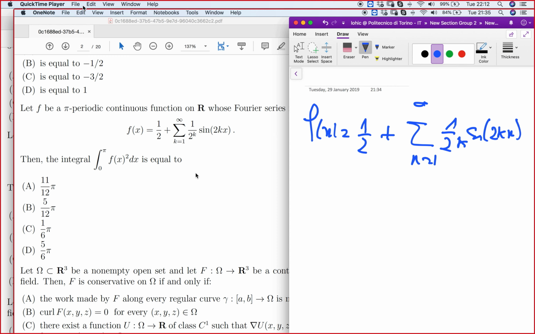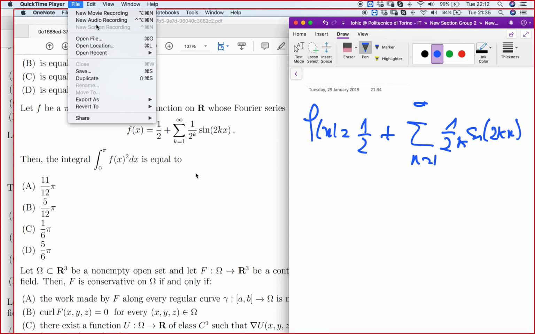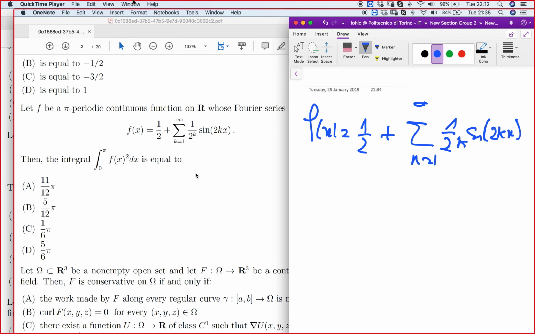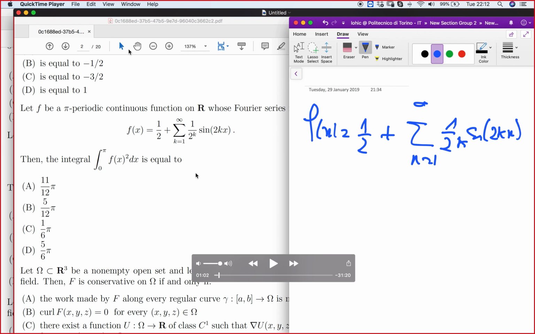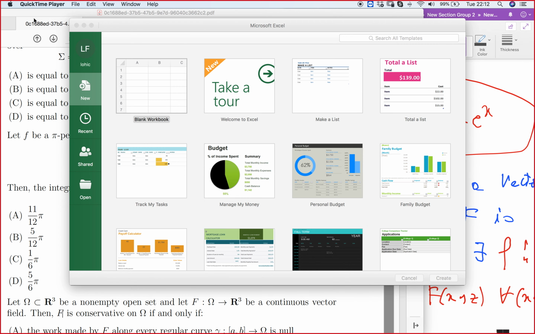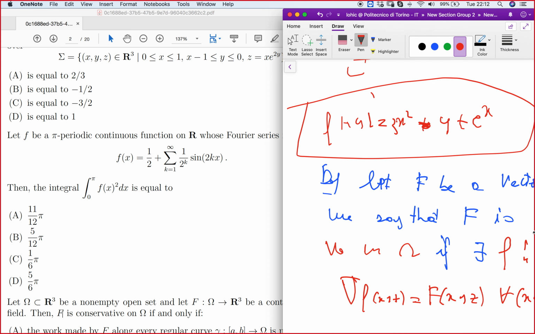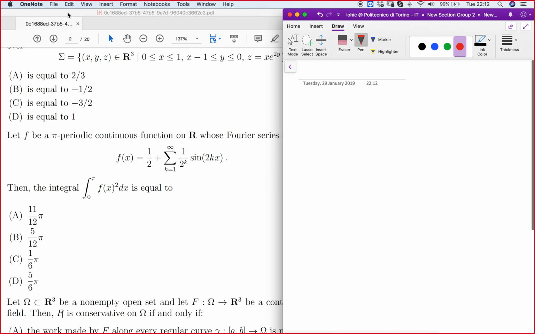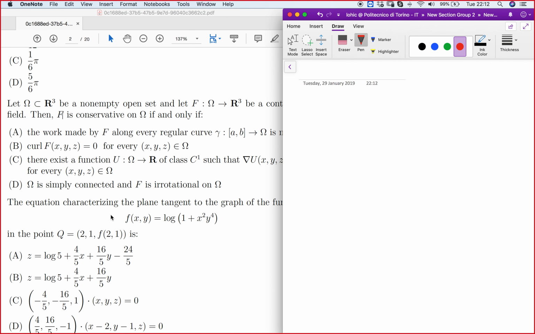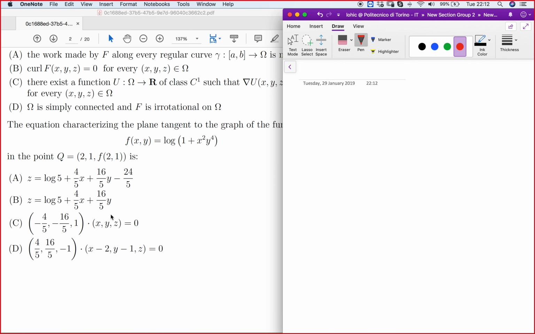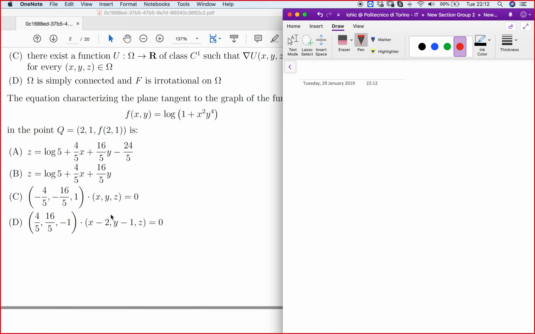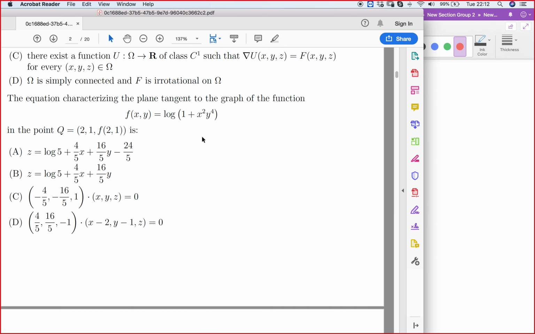Let's solve the last question of this paper, the last MCQ, question number 7. Excuse me about all this stuff. Okay, the question says: consider, we solve this one, the equation characterizing the plane tangent to the graph of this function